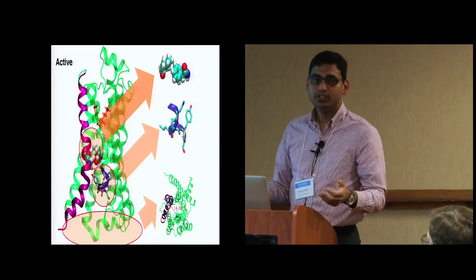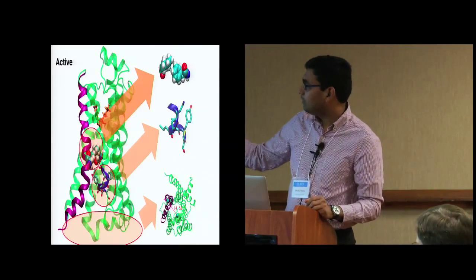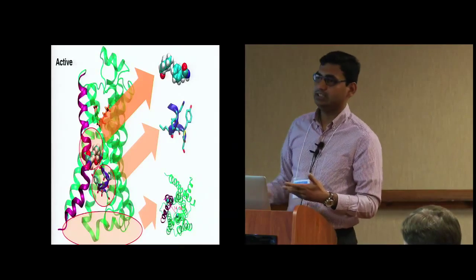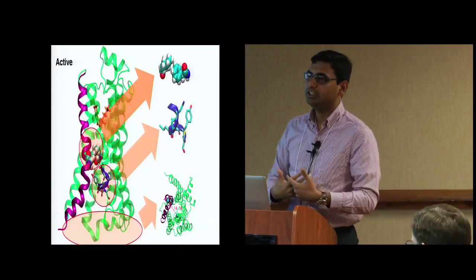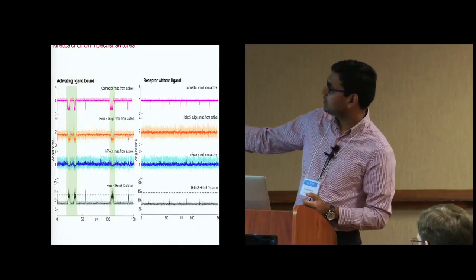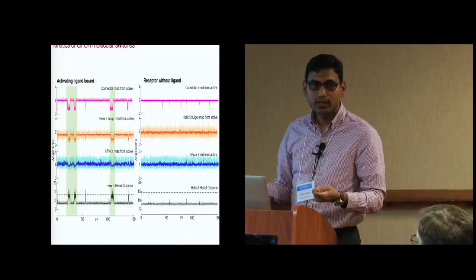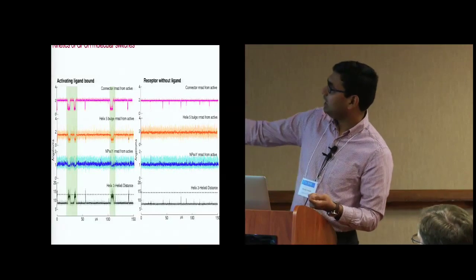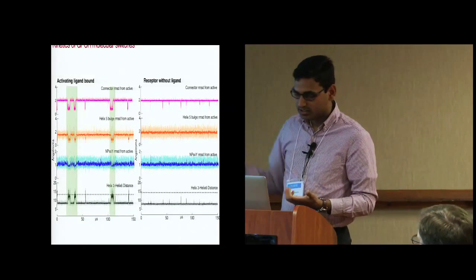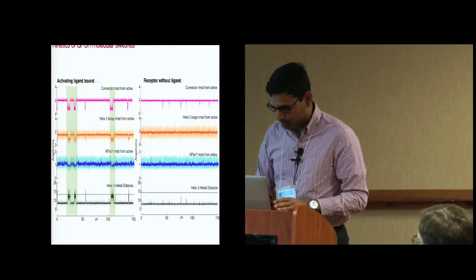People have done a lot of mutagenesis to identify that each of these little changes in the protein is important for its function. But what you're doing in silico, starting from a crystal structure, is you can learn these things within a few months' time, which have taken decades to do. And this is just a long MD trajectory that is generated from stitching together all those short MD simulations that we have done. Again, you can see that in the presence of an activating ligand, the protein activates. Without a ligand, it just stays in the basal state. And so you can get all these correct biological phenomena from this.